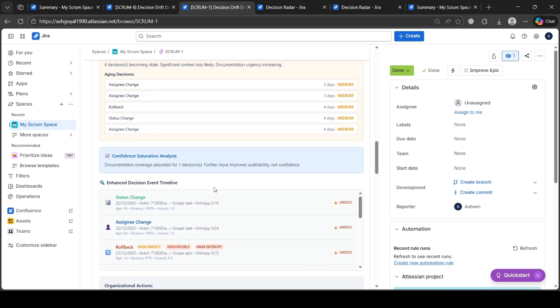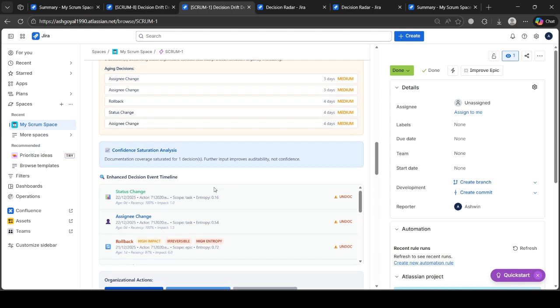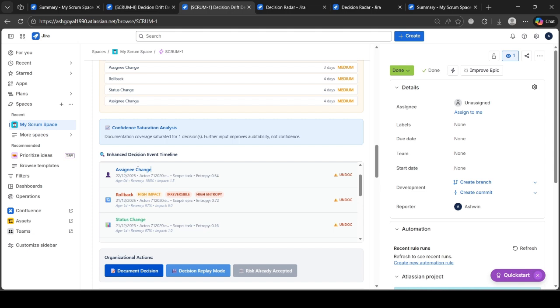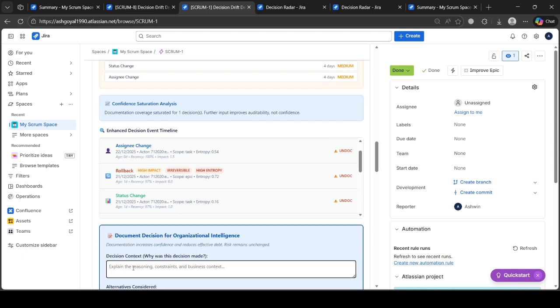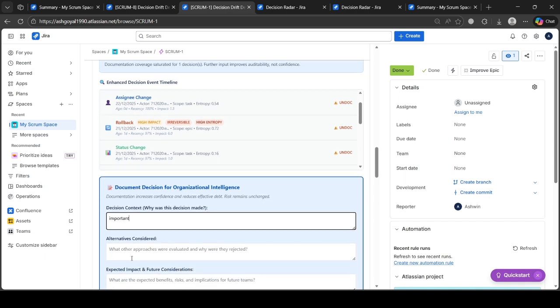And see what happens now that I am documenting a decision. It's going to show confidence saturated because I have already documented one recently, so it won't increase. Now this is also a feature. It won't allow me to spam.